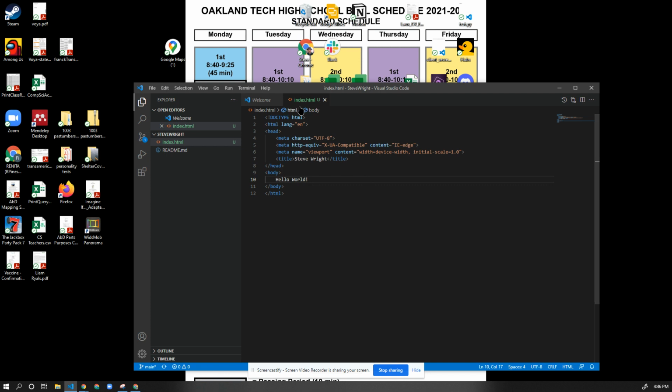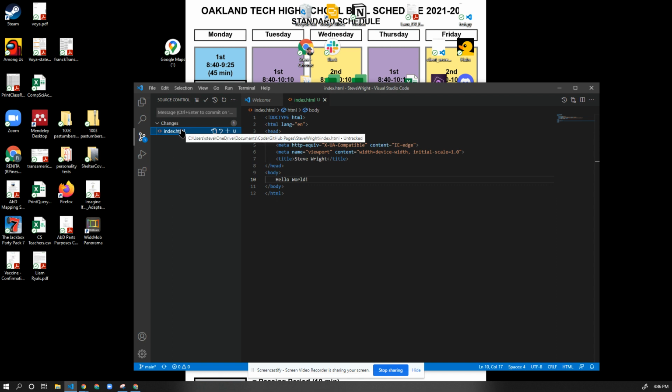This page is now saved. It turns green, and you get this little 1 over here under the source code icon, and it says there are pending changes. So I'm going to click on that. And now you see it says changes, index.html. If there are multiple different files in this site, it would show every file that had a change. And so I can come in and stage that change by clicking the plus